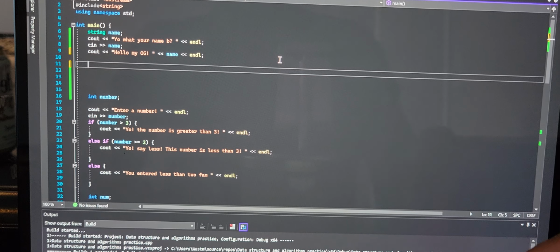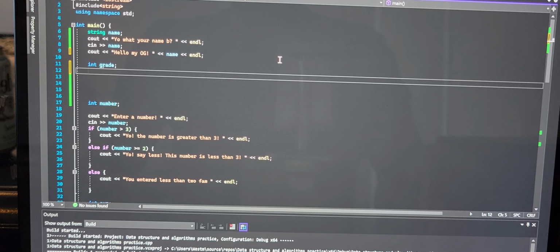So now I'm going to do an example from scratch and do the if and else statements. We'll do one that deals with grades. So it says grade, then for example, you want to do cin. When you're doing cin, you don't necessarily want to give it a value. But if you don't have a cout statement, it's just gonna be like grade, then you enter a random number. It's just gonna show you the grade without any context or showing you what's going on. Yo, what grade are you in,